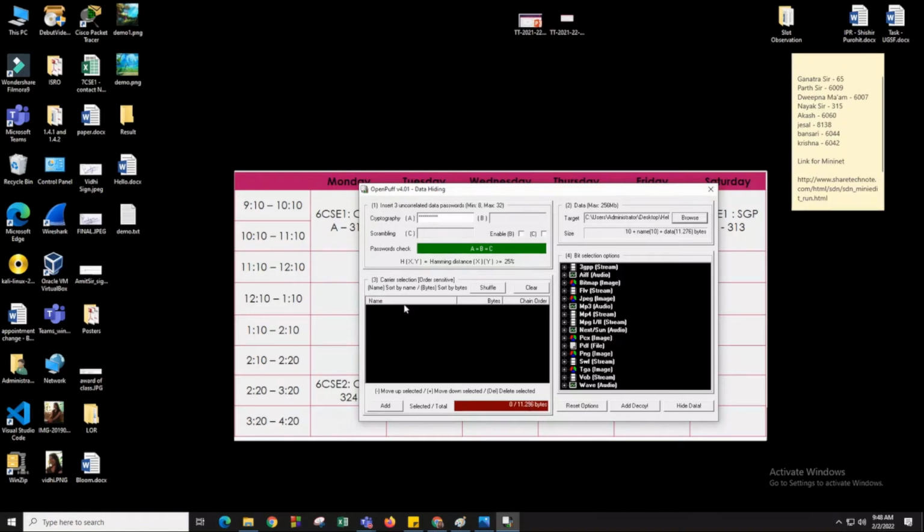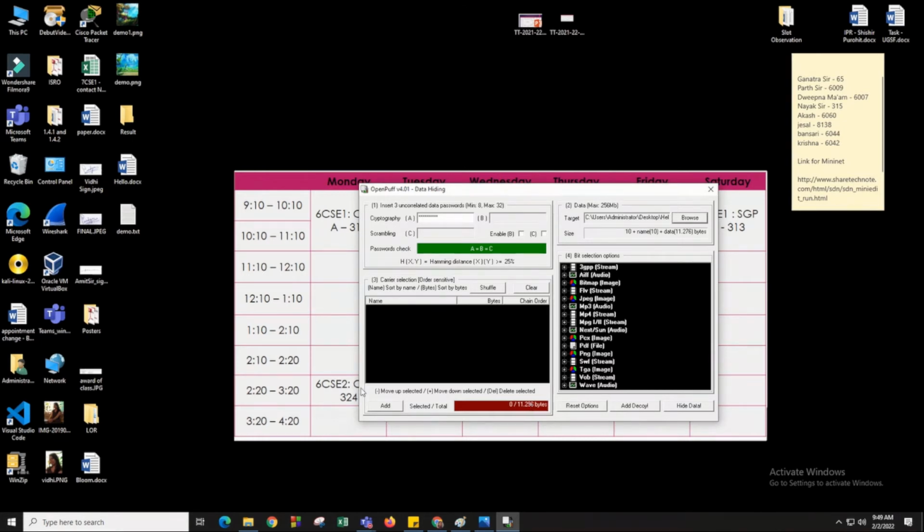Now in the third section we need to add the carrier. Carrier means the cover behind which we want to hide the data, because that image will work as a carrier for that data. So your carrier size must be larger than your data size. Then and only then can that image hide this data.